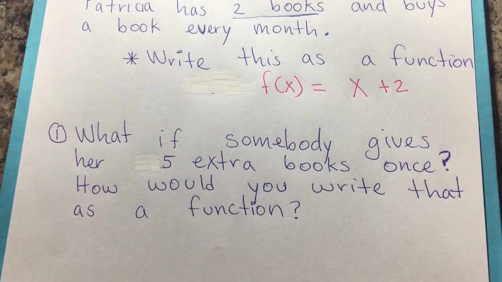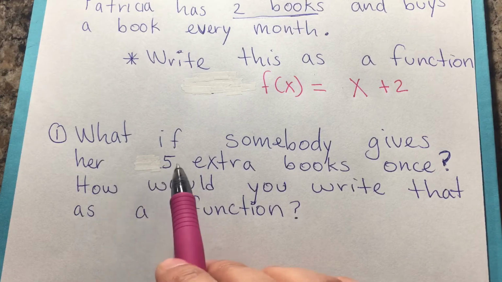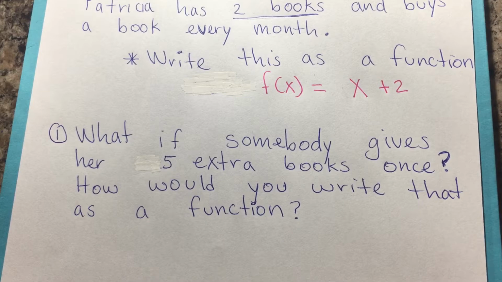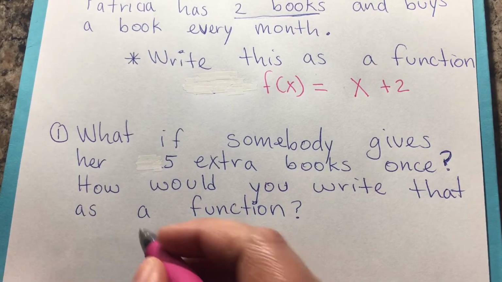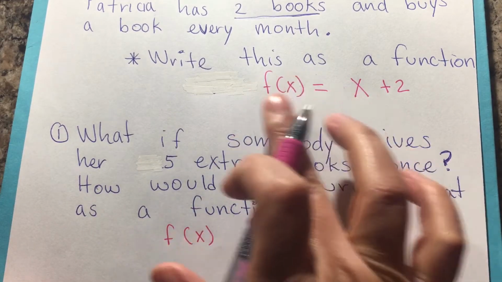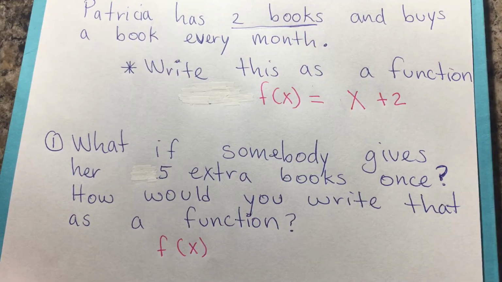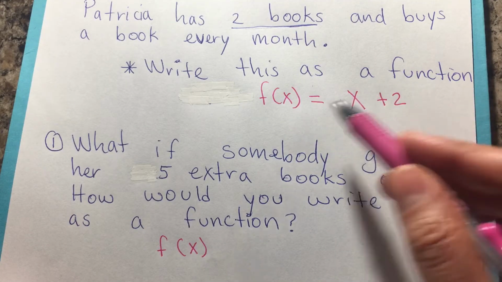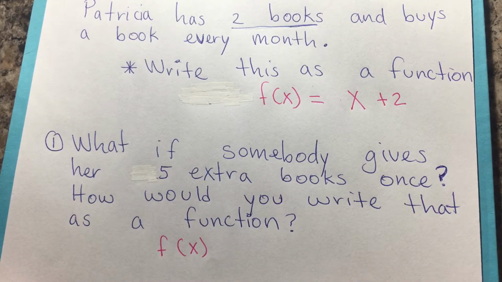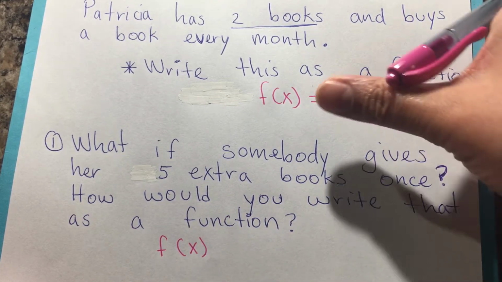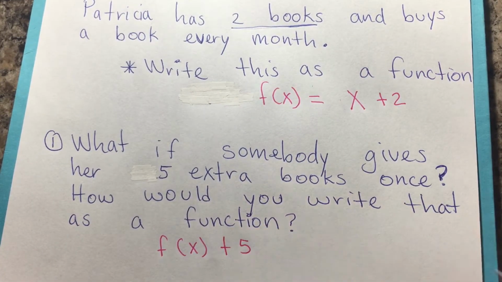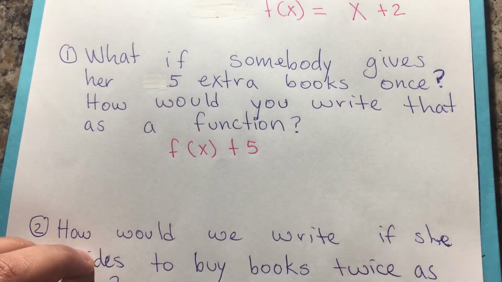Then it says, what if somebody gives her 5 extra books once? How would you write that as a function? So what that means is that you're going to have f of x, which is the representation of what she has. That's usually what happens for her. But somebody gives her an extra 5 books once. So this is her function. It's only this part right here plus 5 that she gets that one time. Okay, so